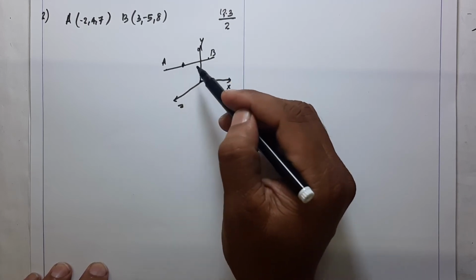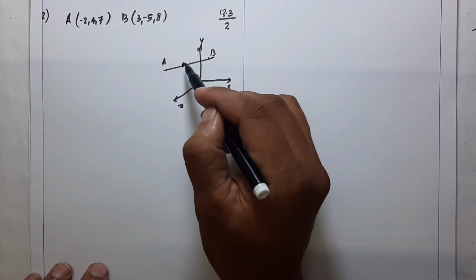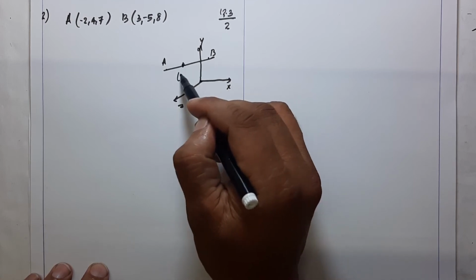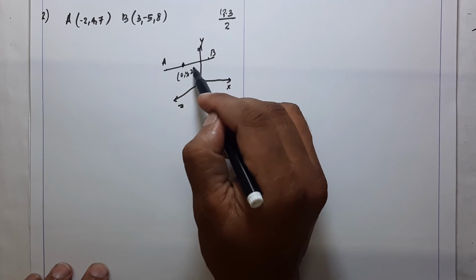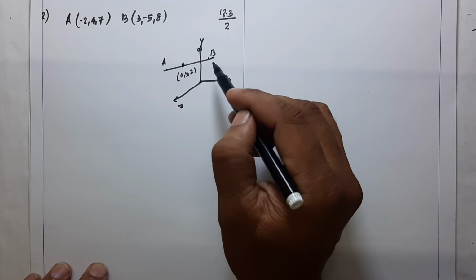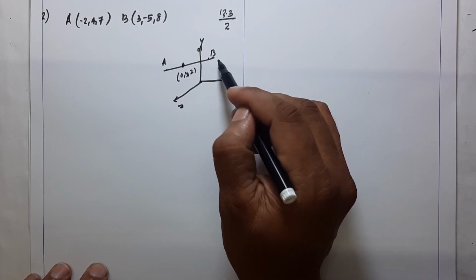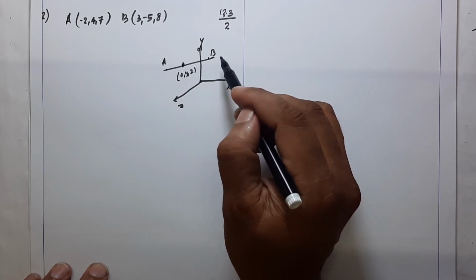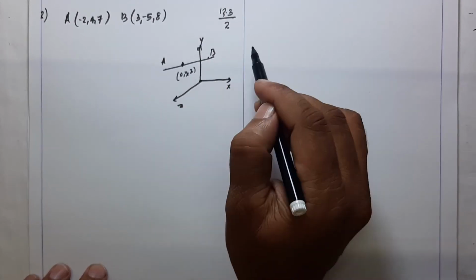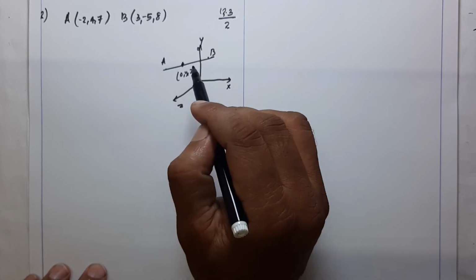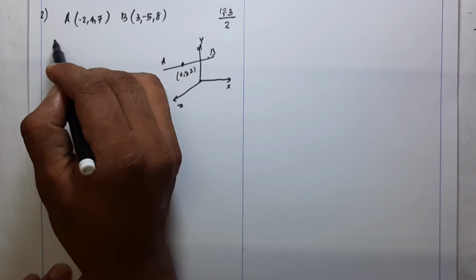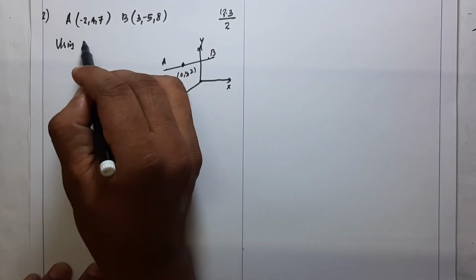Since the line crosses the YZ plane, in the YZ plane the Y coordinate and Z coordinate are there, but the X coordinate becomes 0. So any point on the YZ plane is in the form (0, y, z). Suppose the line crosses the XY plane, then the X and Y coordinates are given, but the Z coordinate becomes 0. So when our line crosses the YZ plane, its X coordinate becomes 0, and the Y coordinate and Z coordinate have values. Suppose, using the section formula here,